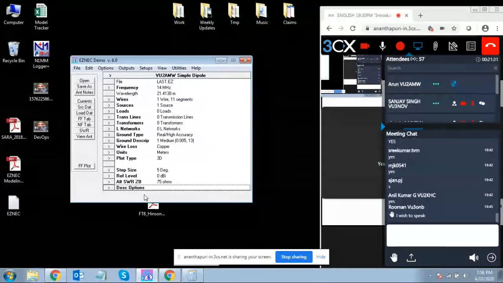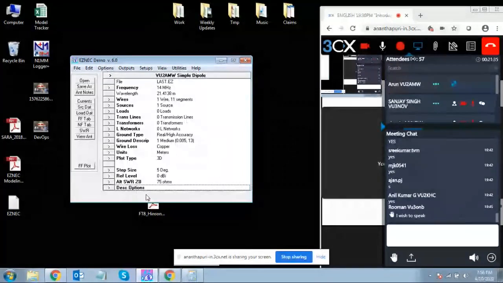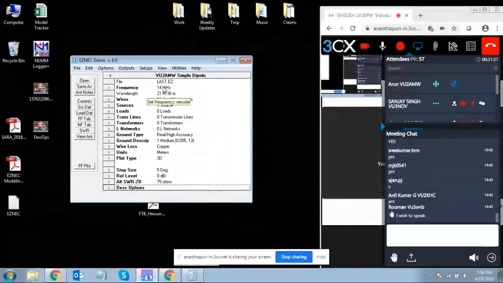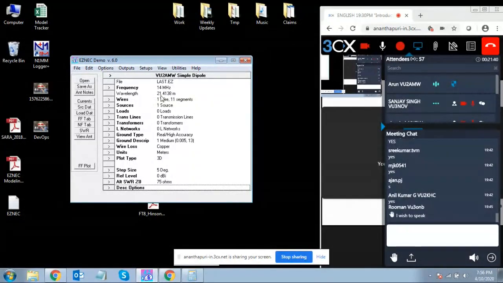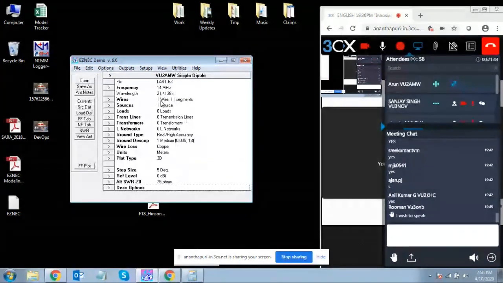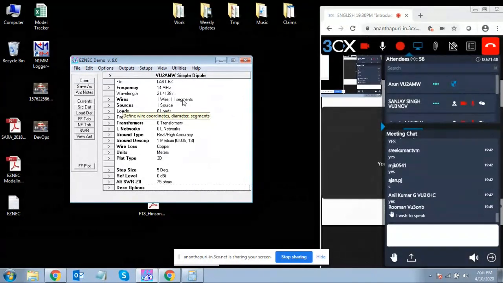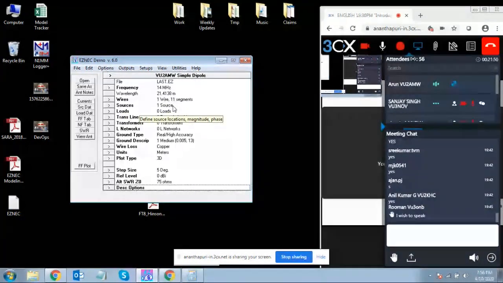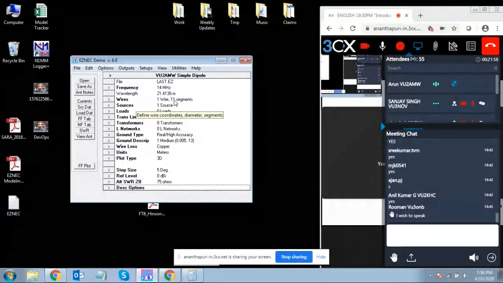Now, I just want to run through this very briefly. We first gave the frequency in megahertz. It gave us the wavelength. We are modeling a half-wave dipole. We took half of that. We created one wire with 11 segments. We added one source at the middle of the wire, and this wire we modeled in 3 dimensions: X, Y,